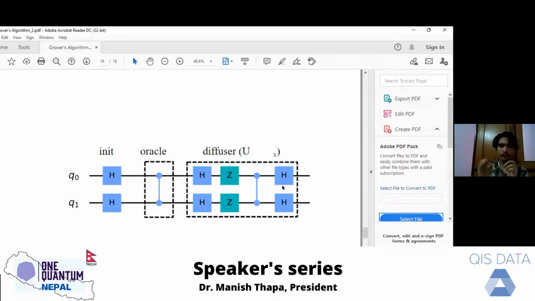In the diffuser, we do the phase flips and different Pauli gates, which you can see in the structure.